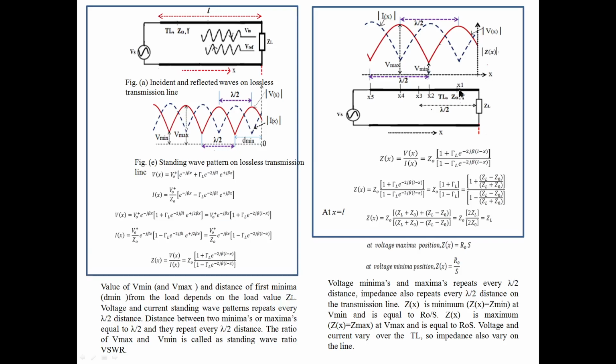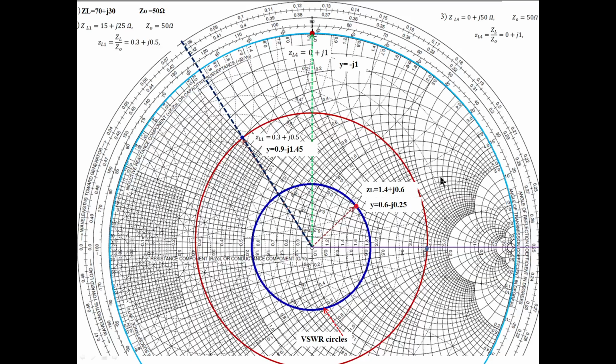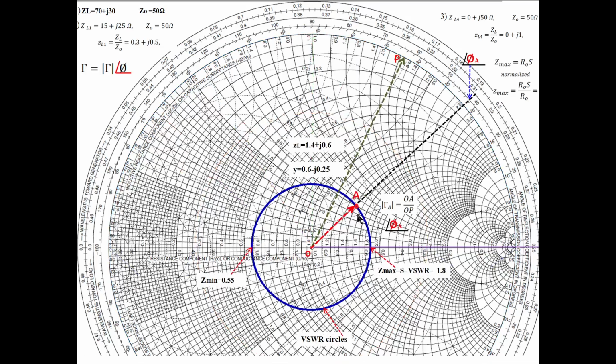So we don't know what the minimum and maximum values are. That we can easily find out from the Smith chart. See, like this, you move from here, and move over the VSWR circle and stop here. This is the highest value. You can take some few values here, some values here, and compare with this value. This is the highest value. So this is Z maximum. Z max, read whatever the value is here, you can note that down as the Z maximum value.